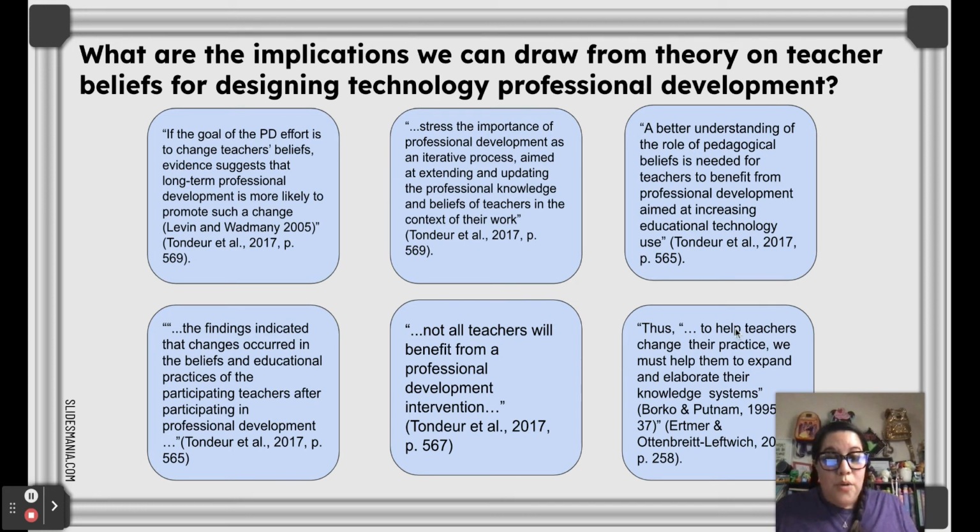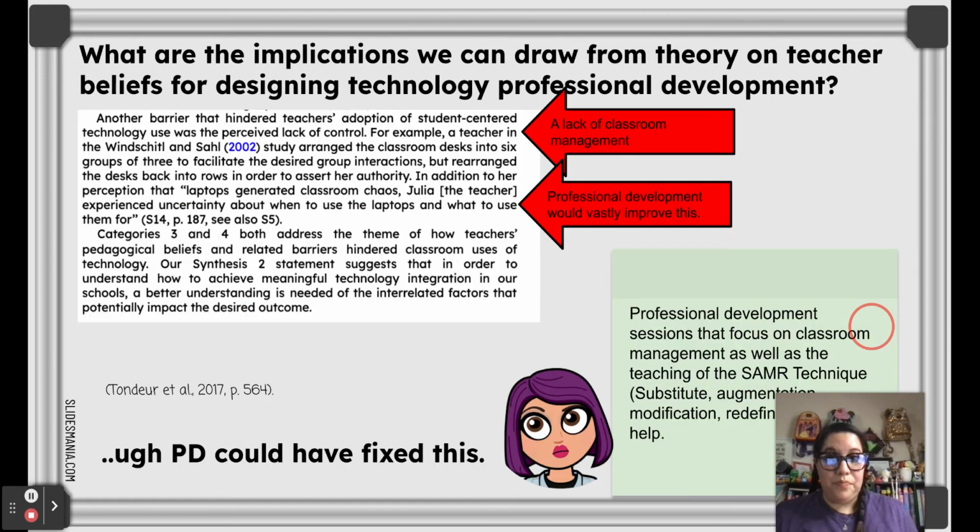So, to help teachers change their practice, we must help them to expand and elaborate their knowledge systems. So, again, it is really important to make sure that we're teaching teachers and they're continuously learning in order to want to and be successful in integrating technology. I also thought this was really important, and I had to note down here at the bottom, professional development could have fixed this, because